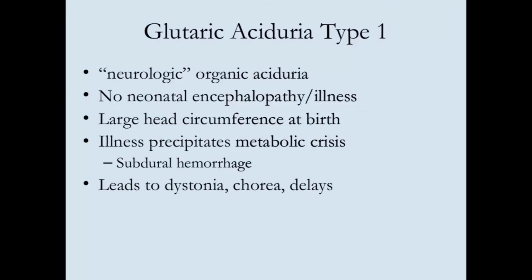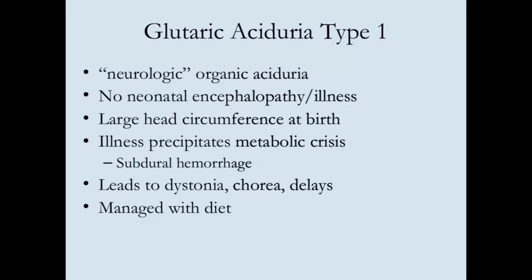and the problems in the brain center around the basal ganglia, which are the parts of the brain that are responsible for movement in the body. So often these children will end up having significant dystonia or chorea, and they'll have delays as a result of these crises, which can occur anytime they get ill. So it's sort of a cumulative effect of how devastated they may ultimately get, and their head size will increase. So if you see a rapidly increasing head size, that's obviously some concern. This too is managed with a restricted diet and formula.